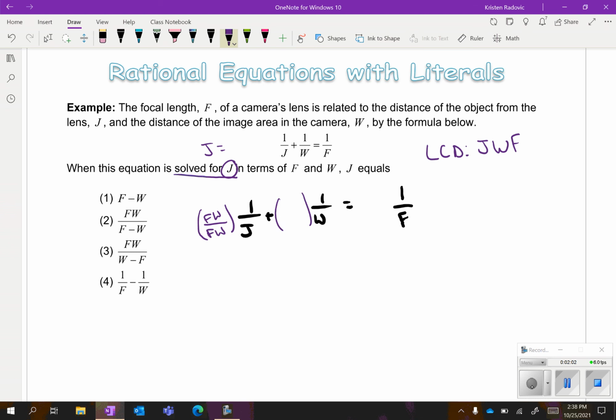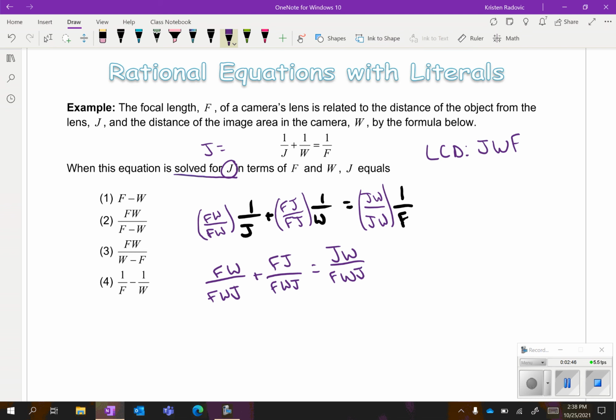Second fraction has the W, but it's missing the J and the F. So I'm going to multiply by FJ. And again, you could put these letters in any order that you want. Alphabetical order is the more typical order to use though. Our last fraction has an F, it's missing the J and the W. So when we multiply all of these by what's missing, we're going to get FW over FWJ plus FJ over FWJ equals JW over